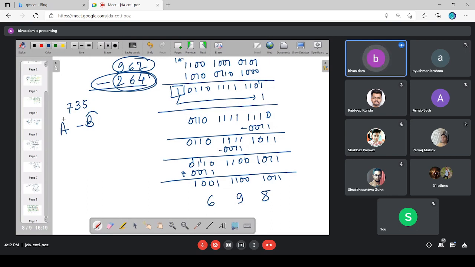That means you are supplied with 1100 1001 0101 and 2 is 0010, 6 is, and 4 is,